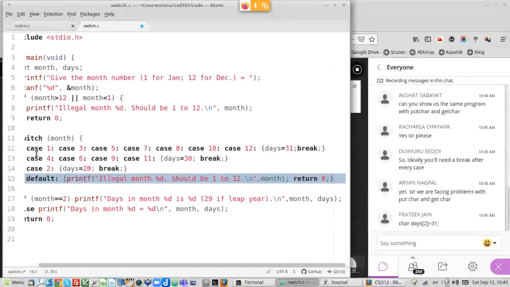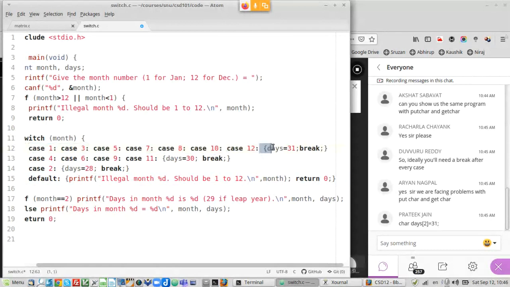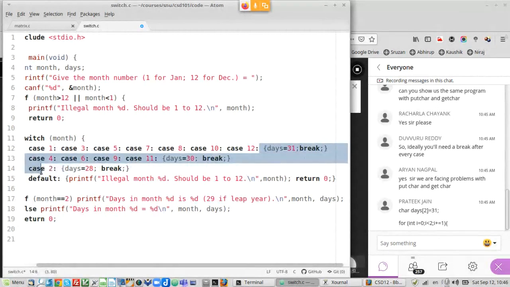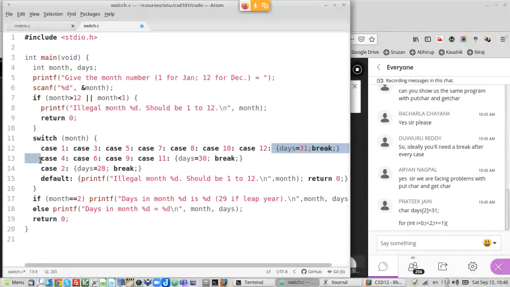Cascading has a use because notice that after case 1, I'm not writing days equal to 31 break. After case 3, I'm not. So this cascading actually allows me to lump all these cases into a single statement here. Similarly, this cascading also allows me to lump all these cases into a single statement here.